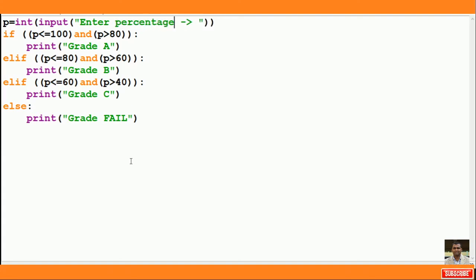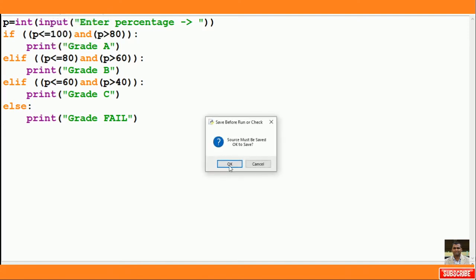The same program I had shown you in multiple ways. Okay, if else nested one. Then the same thing we are going to do with the elif command. So now you see your coding is more compact, much smaller. Okay, Python is giving you that. So I am going to run this program. You see, I am going to run it.